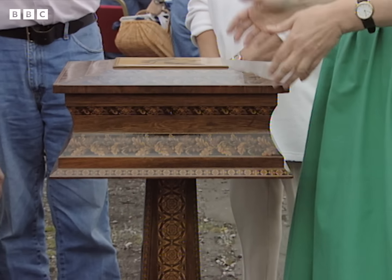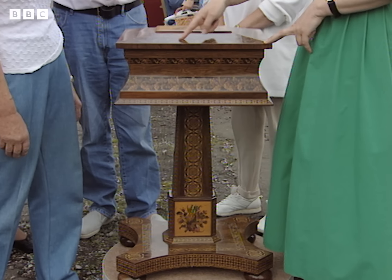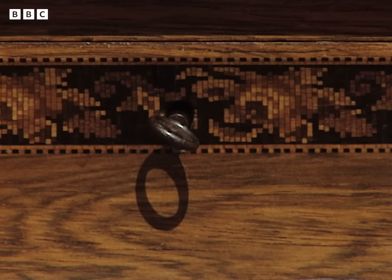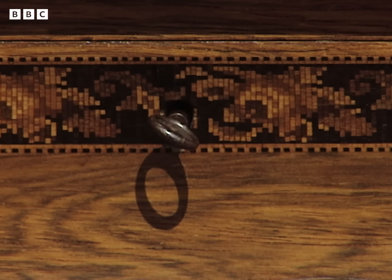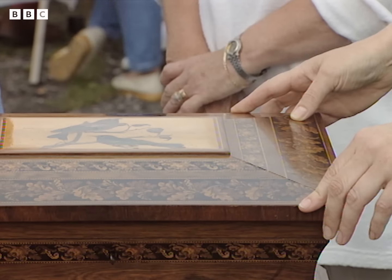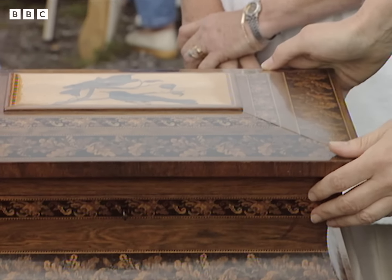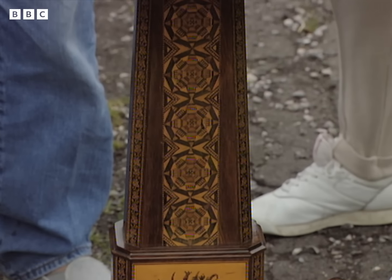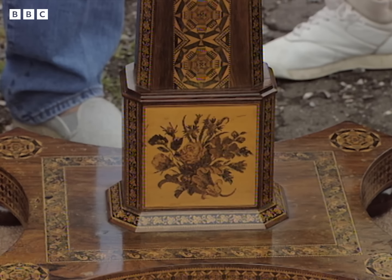Something that is really quite mass-produced, but comes up with these extraordinarily pretty, delicate, decorative motifs, which are like a mosaic really, putting bundles of little bits of wood together and then slicing across the glued bundles to create the picture. And to have a pedestal and plinth which is also decorated throughout with that technique, I think is really very special indeed. The style of the pedestal will often give you an idea of the date, and I think from this one would suggest around